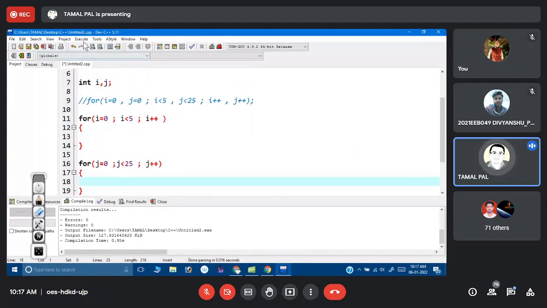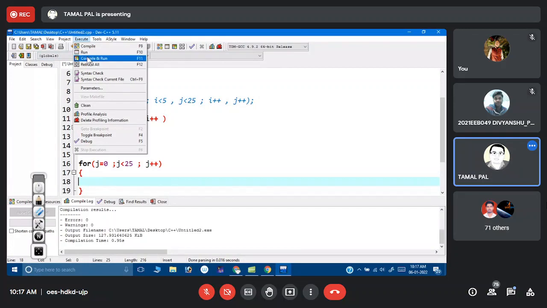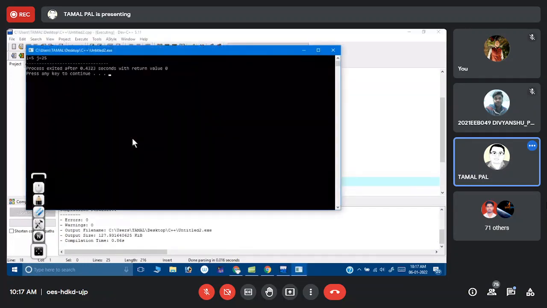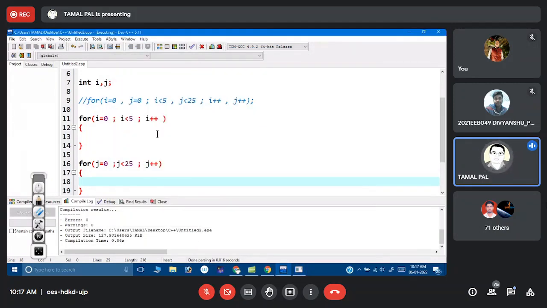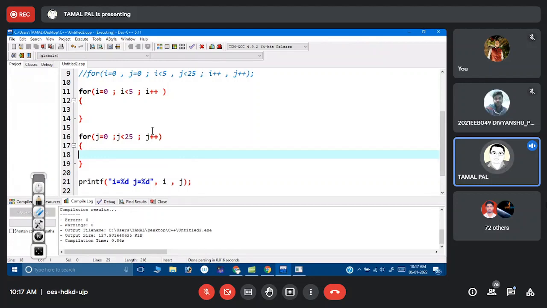Now let us run that thing. i equal to 5, j equal to 25. Why is it so? I think you can understand. These two are separate loops.